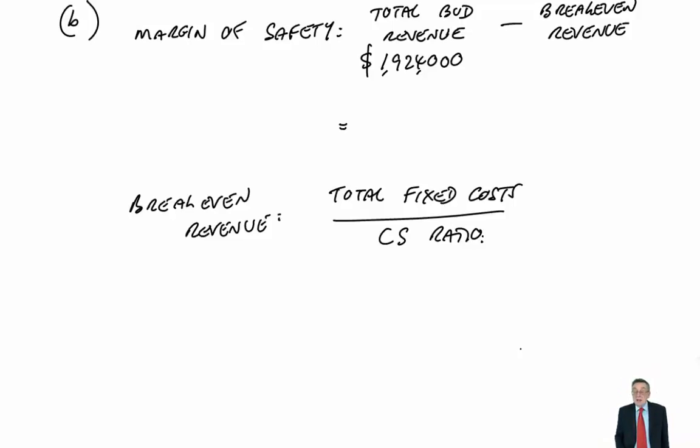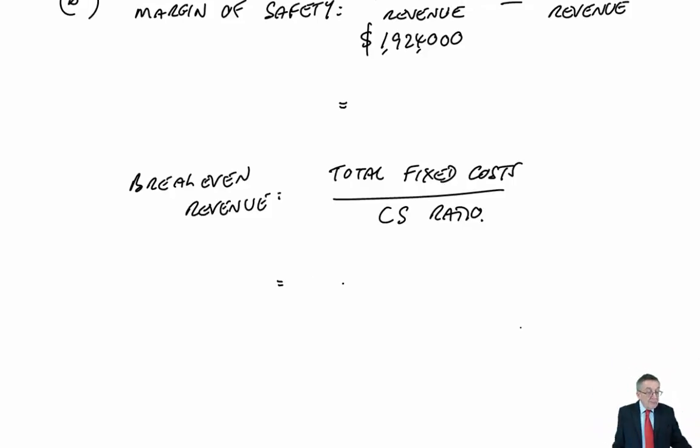Now, we've worked out the CS ratio in part A. But what are the total fixed costs? It's 60% of the labour for all those units. And in addition, there's that mention of 55,000. So the total fixed costs,